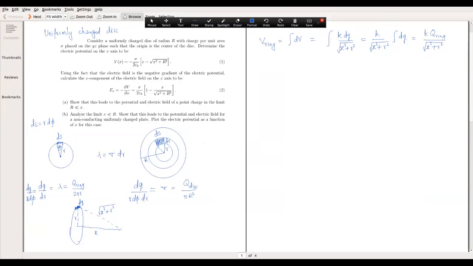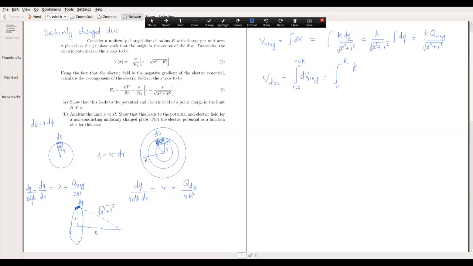So now we want to build a disk out of this. When we say the electric potential due to a disk, we are building it out of the electric potential due to rings. So adding up all the rings, and that goes from r equal to 0 to r equal to capital R, where capital R is the radius of the disk. That's equal to, we want to write this as an integral from 0 to R of k times Q ring